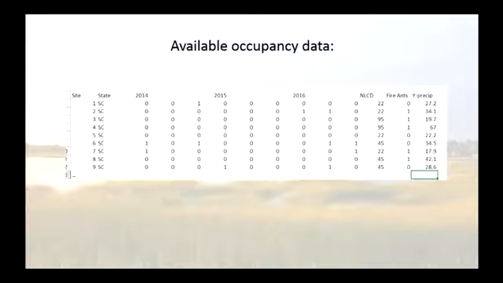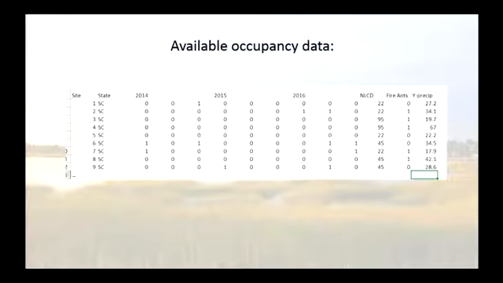So we got these data, which are basically occupancy data, as is shown here, but we were also really fortunate that some of the states, in some of the years, did multiple visits to single sites, and they went back to the same sites for 3 or 4 years in a row. So we could actually work towards a dynamic occupancy analysis, which was really quite useful, because not only can you try to get an estimate of how many sites out there are occupied, you can also estimate, if it's not occupied now, what's the probability of colonization in a year from now? Or if it is occupied now, what's the probability of it going extinct a year from now? That's the real benefit of these dynamic occupancy models.